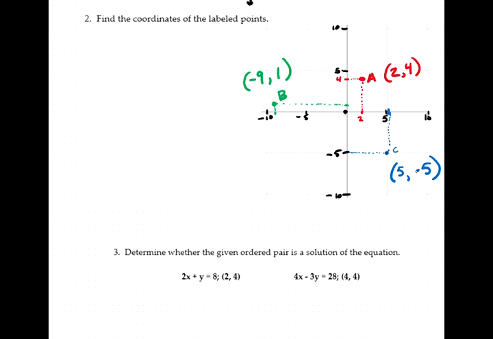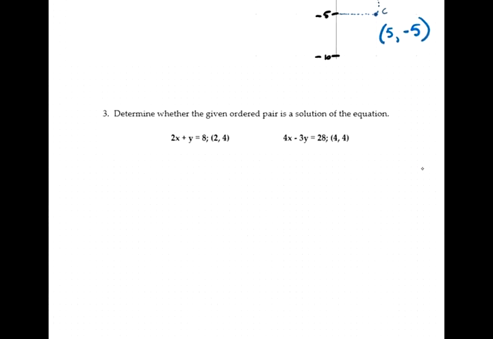Positive 5, negative 5. All right, so those are the locations or the coordinates of those 3 given points. Okay, so for these first 2 problems, these generic points are nothing more than locations on the xy plane. Now, for number 3,